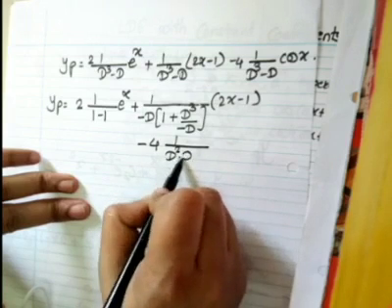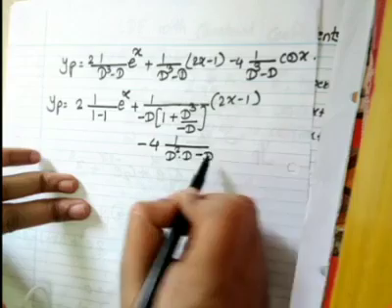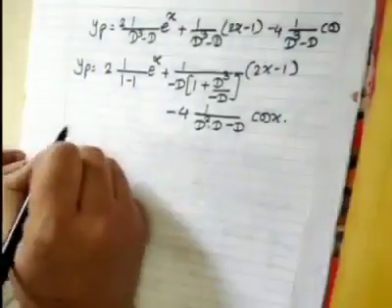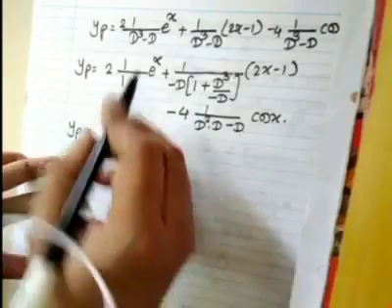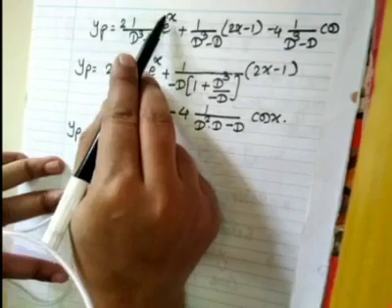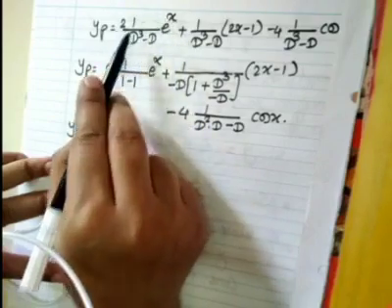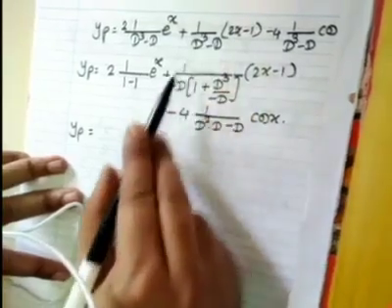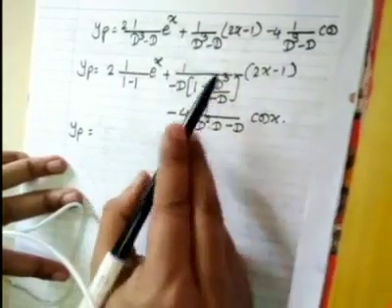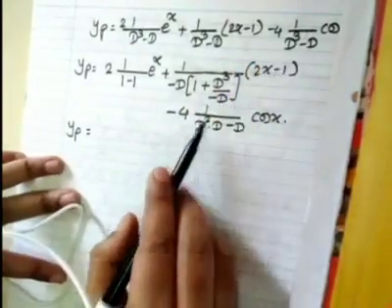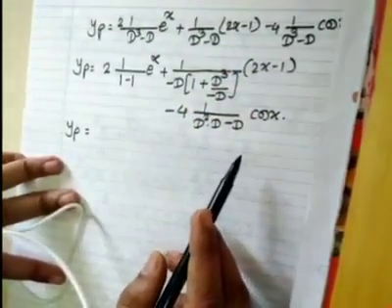D square into d minus d cos x. Okay, that is. Any doubt in this step? For e's case, we substitute whatever is the power of e in the place of d, right? Second, for the polynomial, we take the lowest degree term out and we write 1 plus minus whatever is there. And then for the cos case, we need d square, so we write it in d square.